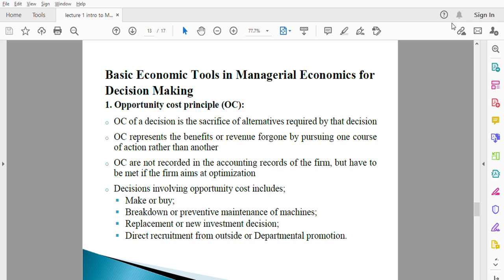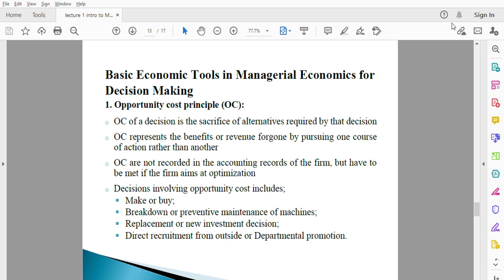So if you decide, for instance, the decision on what to produce. Maybe you want to produce chocolate or school bags. Maybe chocolate will sell very well. You don't know. School bags might also sell very well. Assuming I know the outcome of producing chocolate. When you produce chocolate, your profit will be 10,000 cedis, Ghana cedis. And if you produce school bags, your profit will be